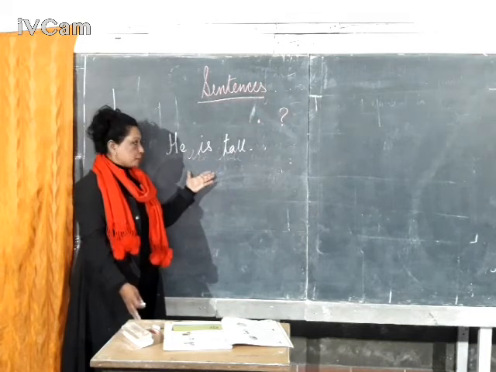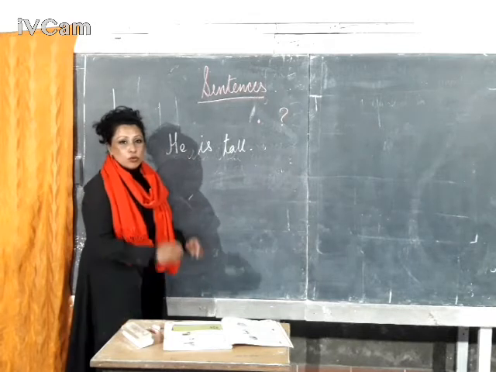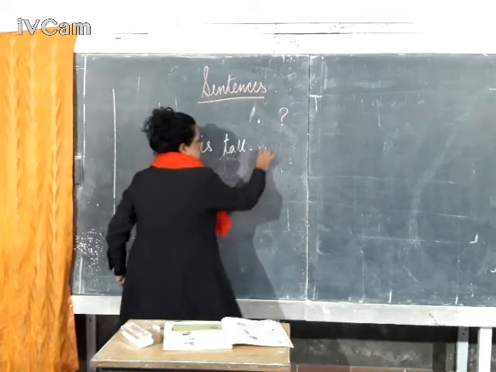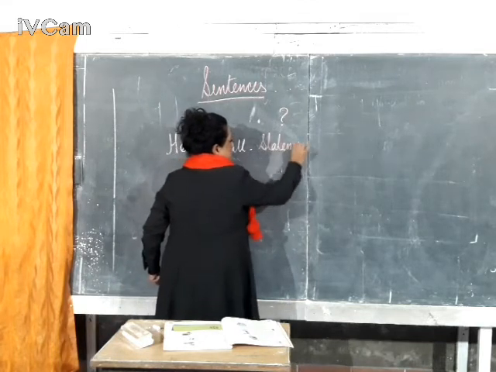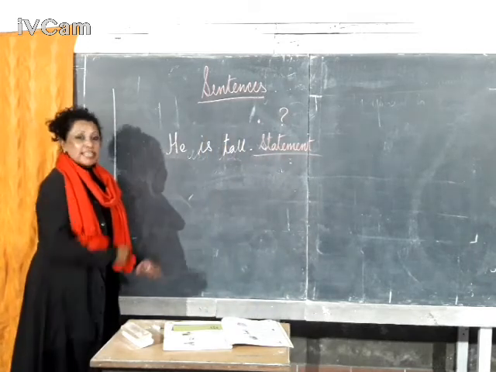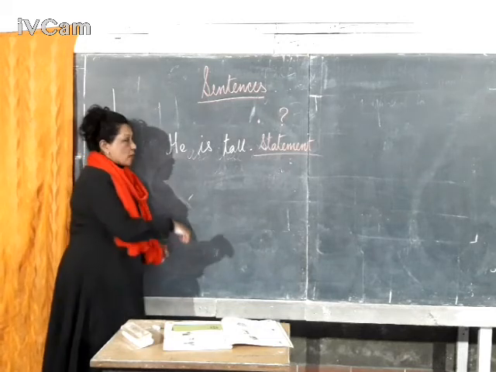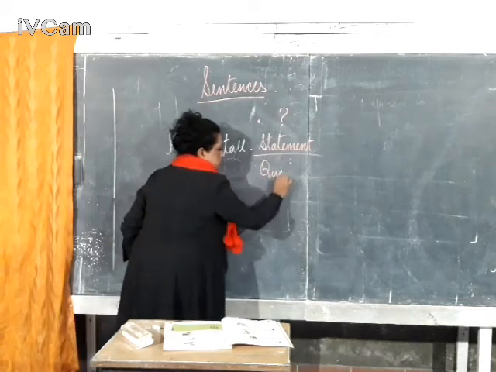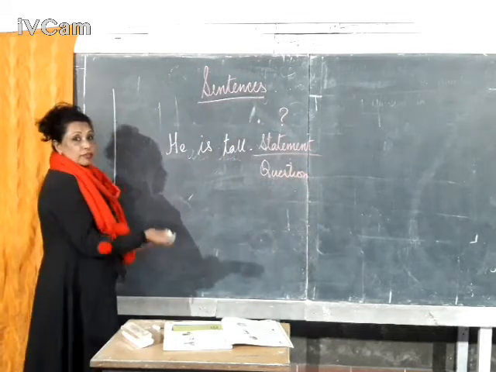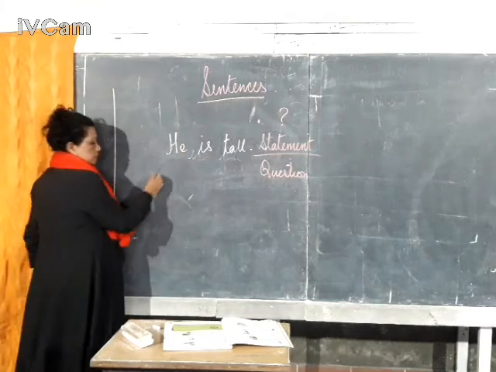It's a sentence. So if I tell you to change this into a question, how are you going to change this into a question? This is a statement, stating. You're not getting the answer back. But again, if I tell you to change it into a question sentence, then how are you going to change it? Then you have to add a few more words. Like he is tall. Then what will you write here?